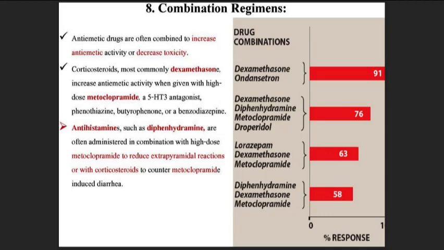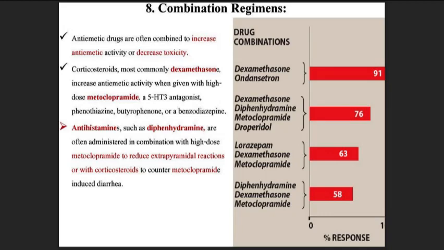combinations, and there is a percentage response of different combinations. If we check dexamethasone and ondansetron. Ondansetron belongs to which class? Which class? 5-HT receptor antagonist. And dexamethasone belongs to